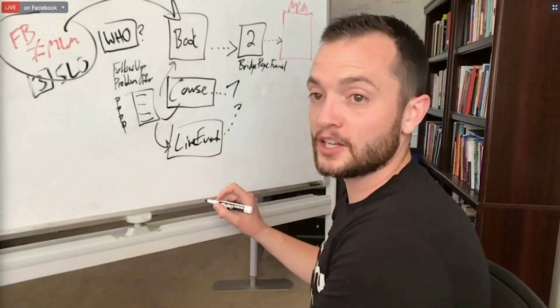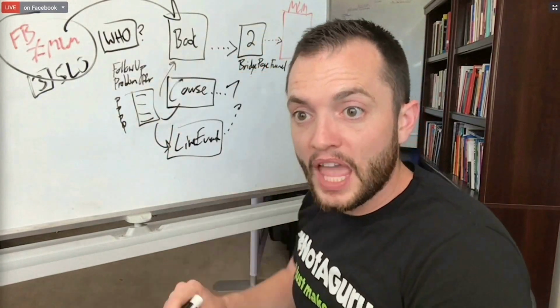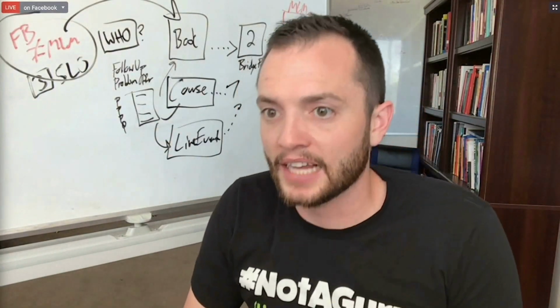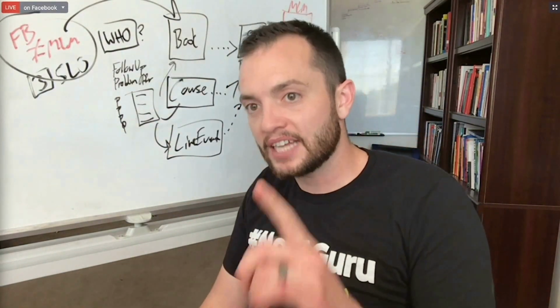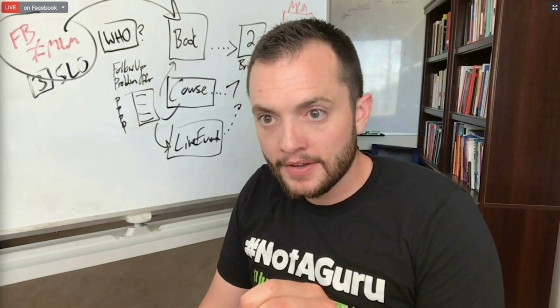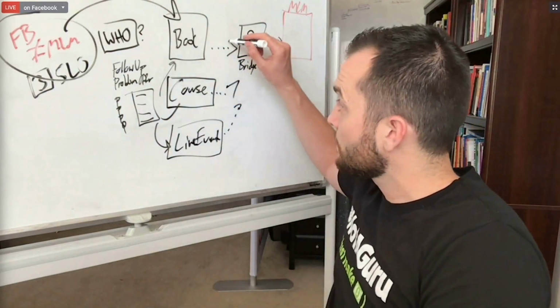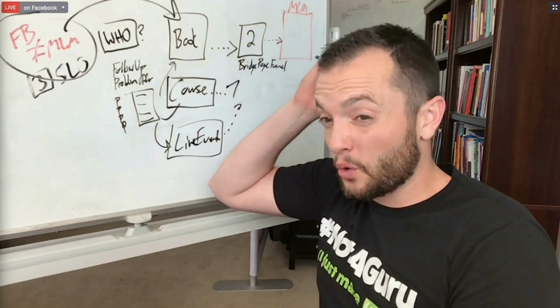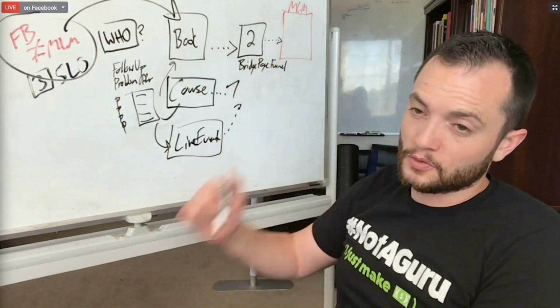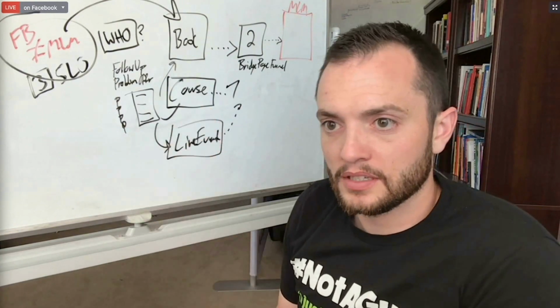I've got a podcast down here. I've got all this stuff down here. I've got materials down here. And what's happening is people are buying it. And when they buy it, what do I do with the cash? I don't take it as profit. I dump it back into ads. Because everyone who's buying the book, the course, the live event, after a while I'm going to start pitching them into my actual MLM. And all I do when I recruit somebody is I give them the same system, right?